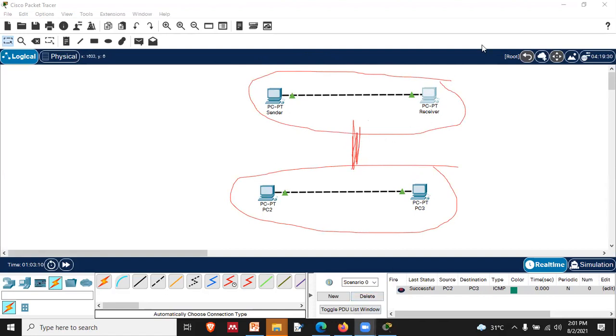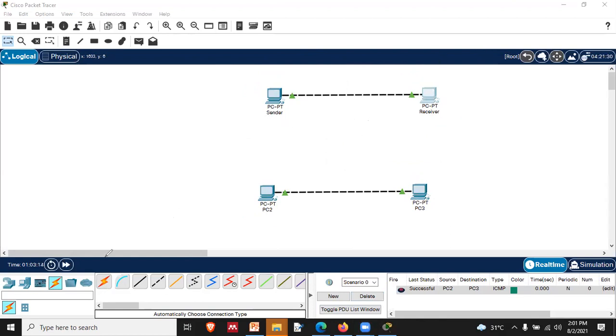So let me show you what is the next approach that we will use to connect this, right? Instead of connecting these independent 2 nodes this way, the problem is that PC2 cannot connect with the receiver over here, and PC3 could not connect with the sender over here. These are independent, but we need to connect them, right?